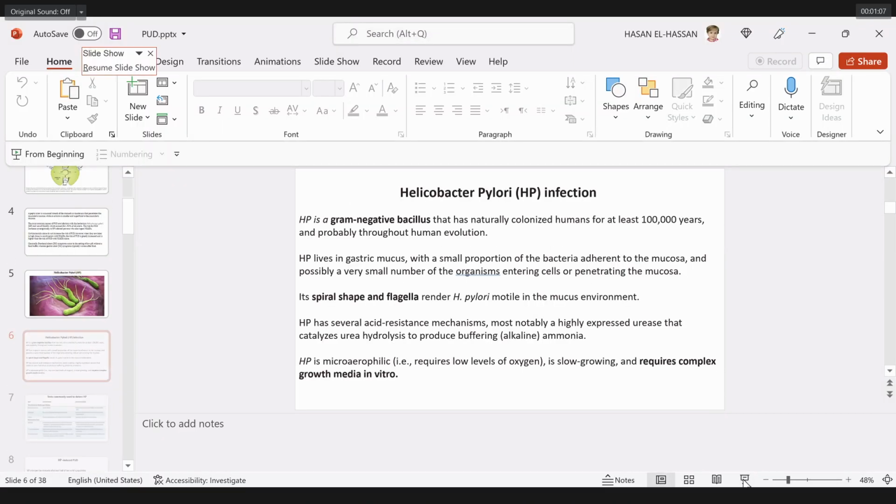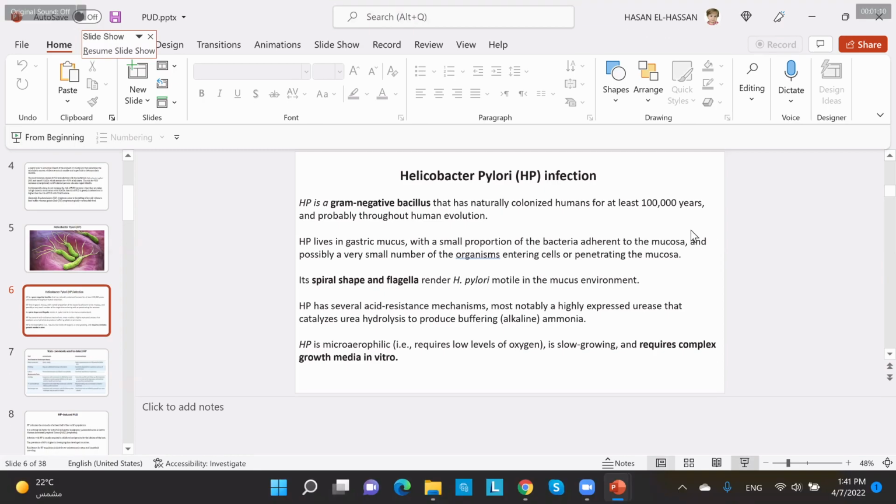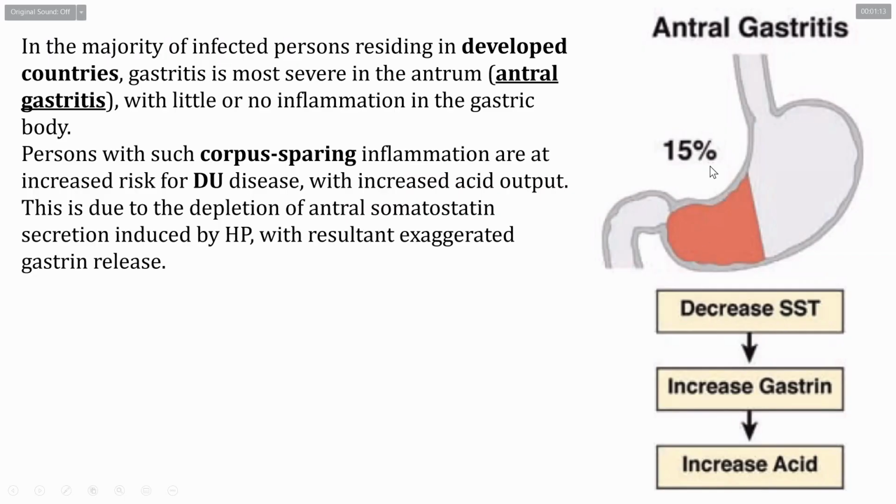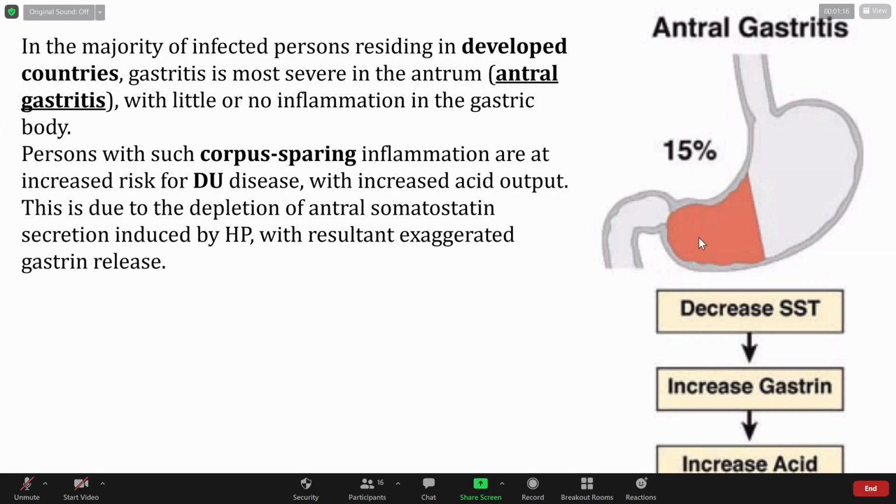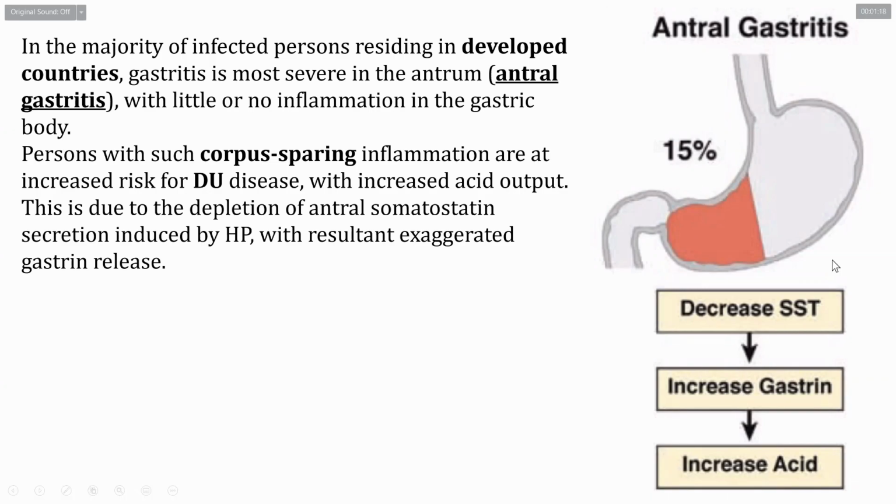Okay, let's come back to our next slide. So we said somatostatin will be low because you're destroying the cells which make it in the antrum, the D cells. And in return, your gastrin will start rising because it has lost its negative feedback, and your gastrin will give hyperacidity. So this is what we call corpus-sparing H. pylori gastritis, which means the body of the stomach, which is this bit, is not involved. It's only the antrum, and the body is very rich in parietal cells, okay? So corpus-sparing antral gastritis is associated with hyperacidity, and that's the most common type